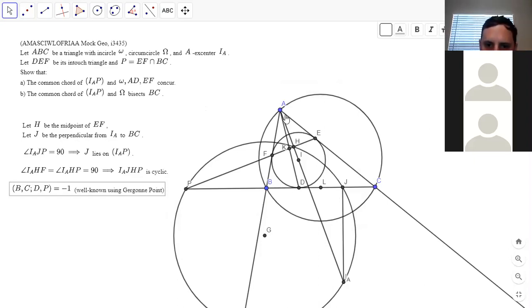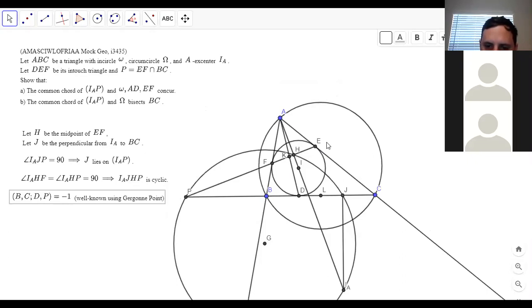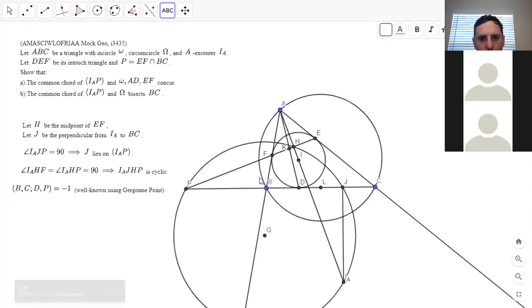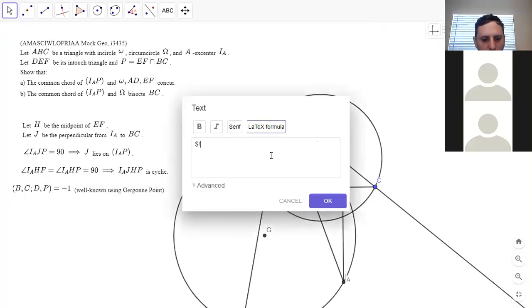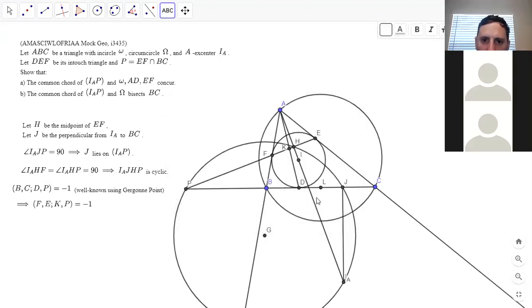So that means that F, E, K, P is harmonic. And that means that